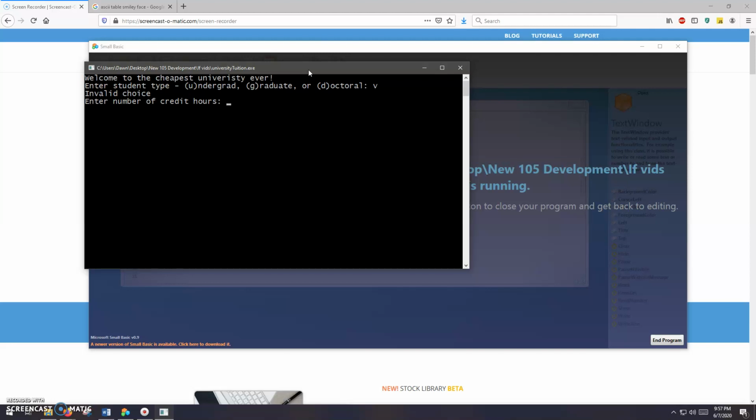Why don't we work it out so that if they enter an invalid choice, they're not going to be asked for the credit hours. If they enter something invalid, in this case, it'll just be game over and the application ends. It'll just be slightly more elegant than having that credit hours prompt pop up. Ultimately, we'll look at ways to give them another chance to enter valid input, but we're not quite there yet. We'll get there when we start talking about loops. So anyway,